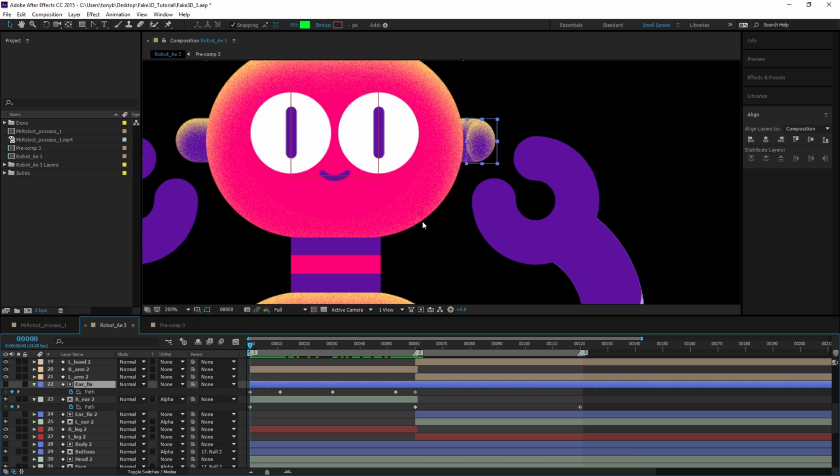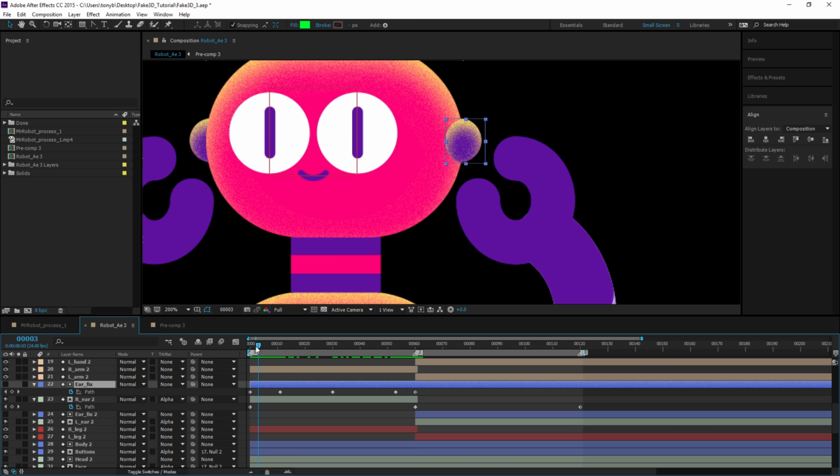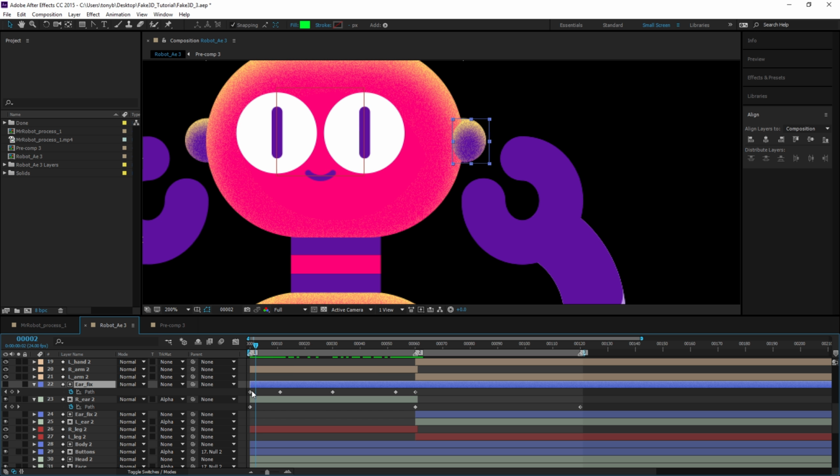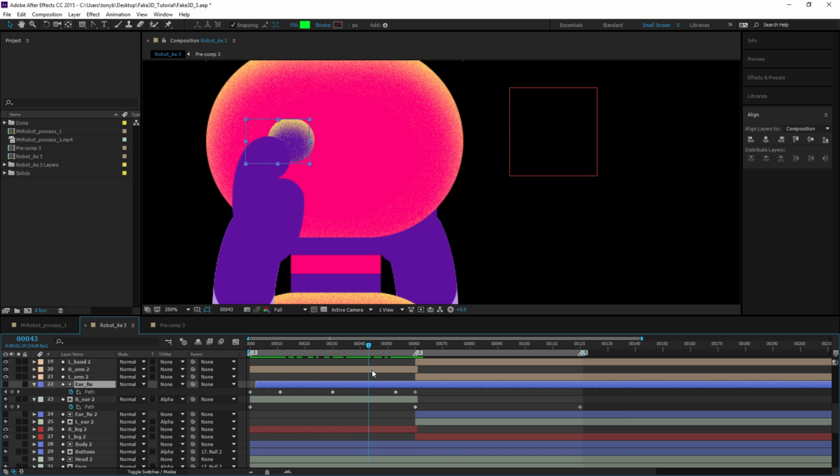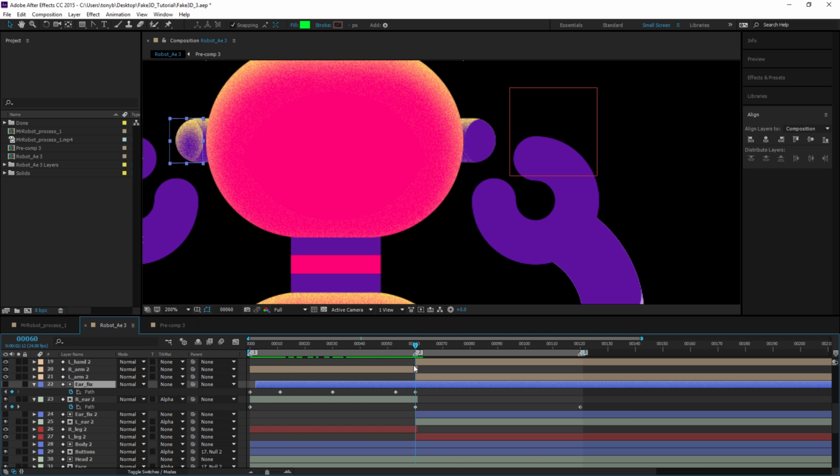Okay, the alpha matte is breaking our layer style, so let's just trim this part over here. This looks good, and the same